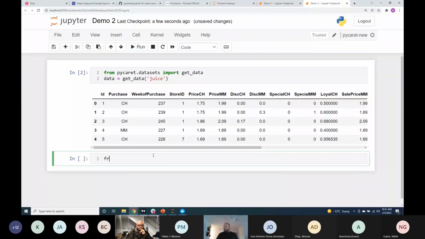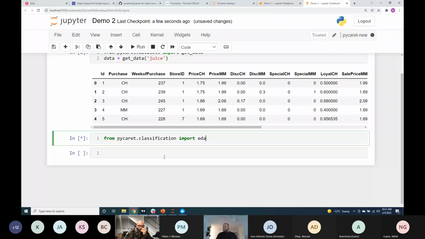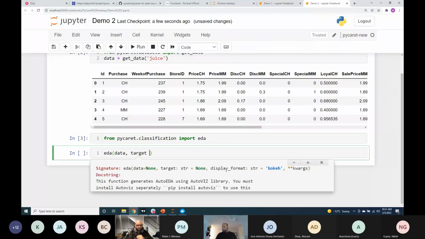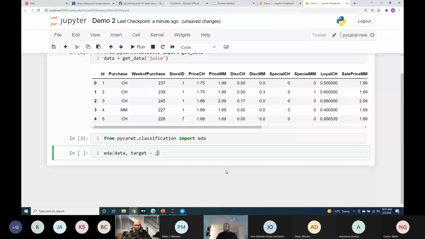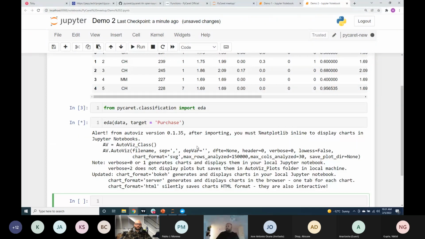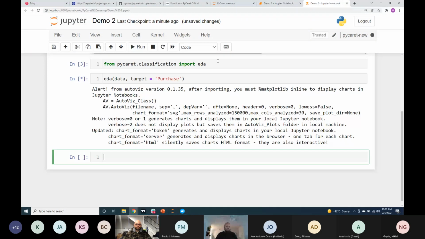And you can run this function two ways. You can run it before setup and after setup. I'm going to show you how to do it before setup. So you would import EDA, and then to EDA you pass your data and you also pass your target, just like you do for setup. And if you run this function after setup, you don't need to pass this because we can take it from